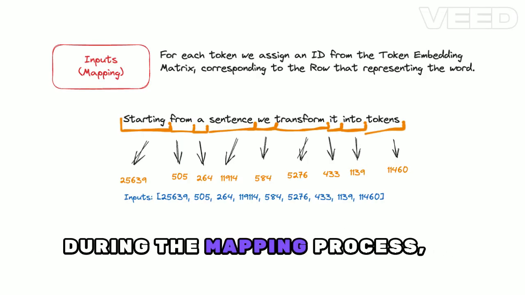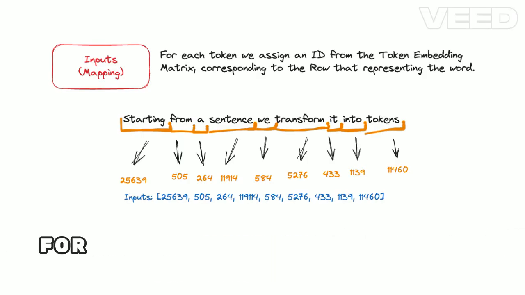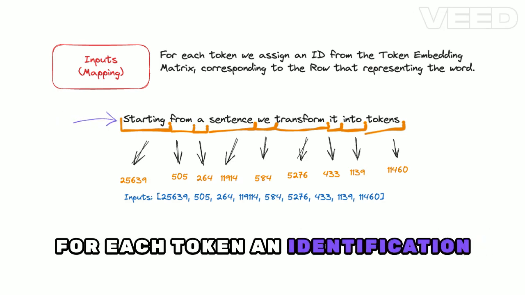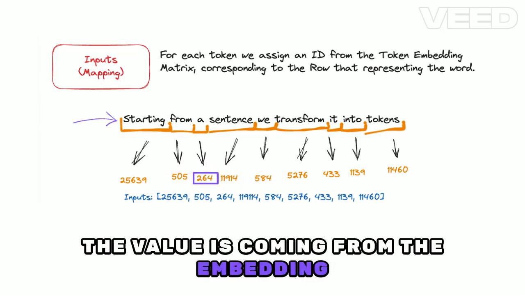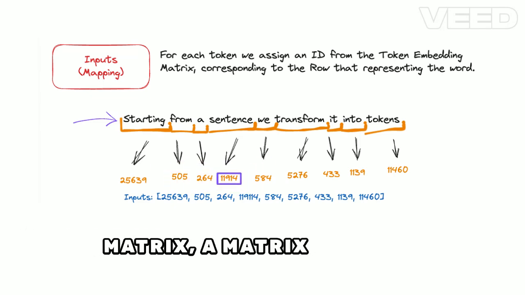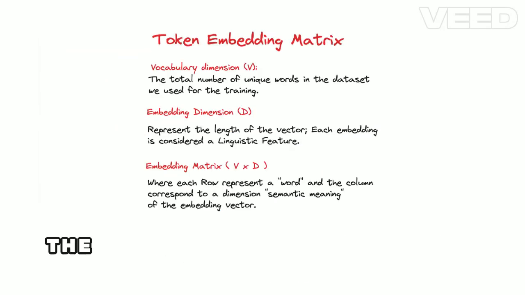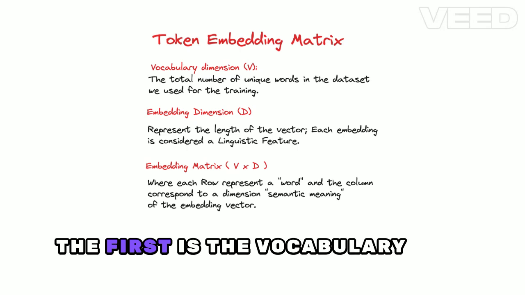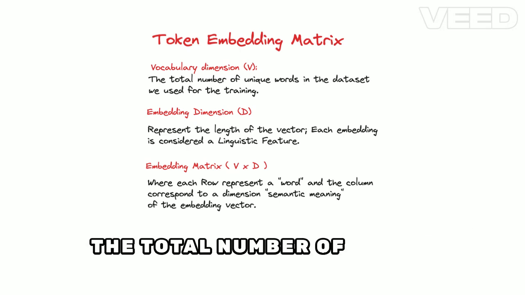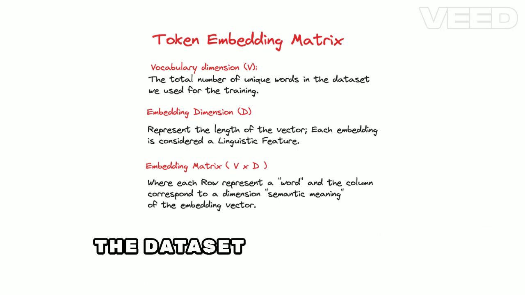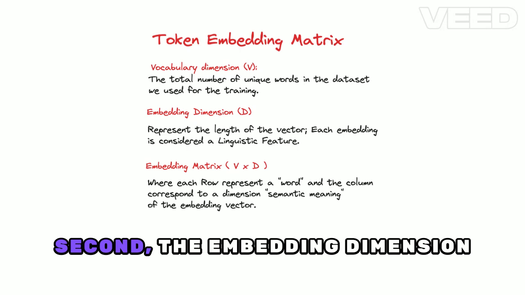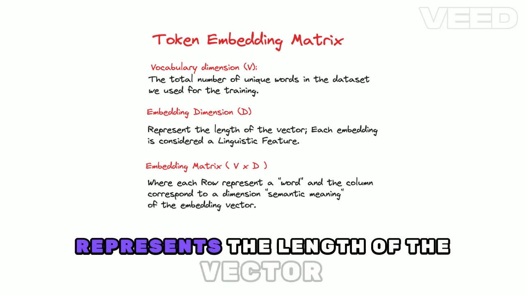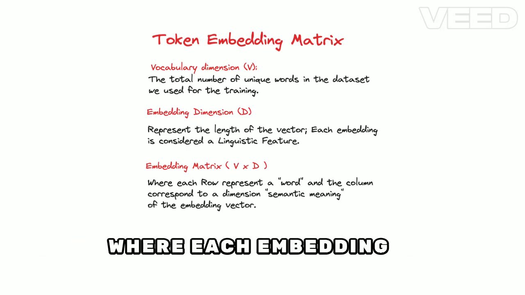During the mapping process, we are assigning for each token an identification value. The value is coming from the embedding matrix, a matrix with two dimensions. The first is the vocabulary, that identifies the total number of unique words we have in the dataset we use for the training. And second, the embedding dimension, that represents the length of the vector,